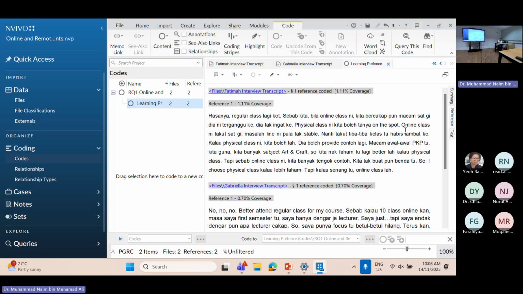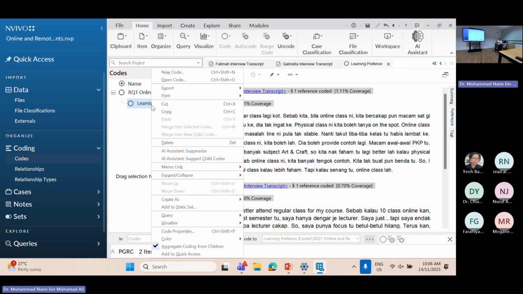They prefer both regular classes. You can put the child under the need preference.